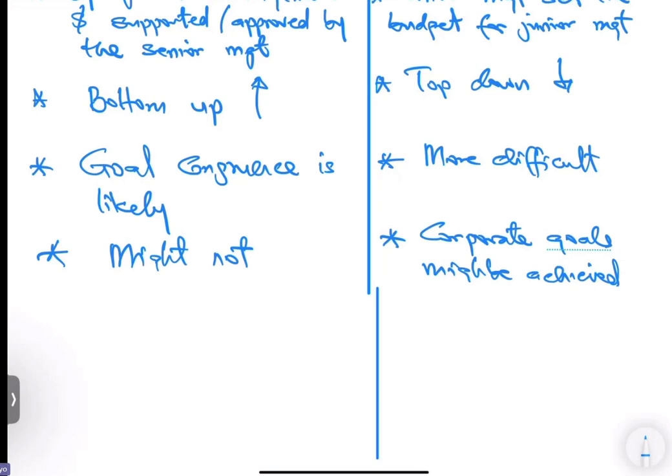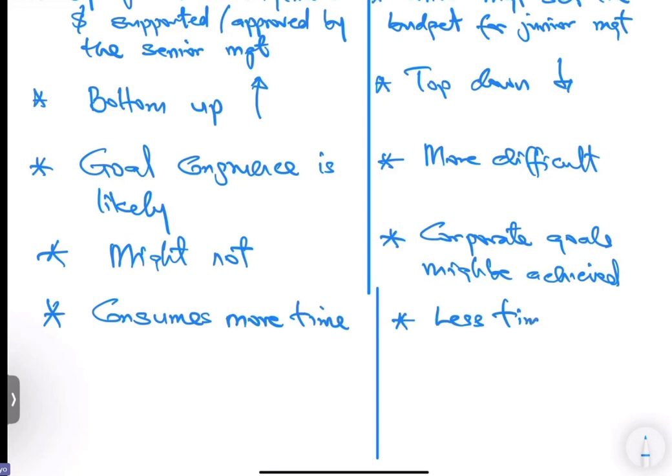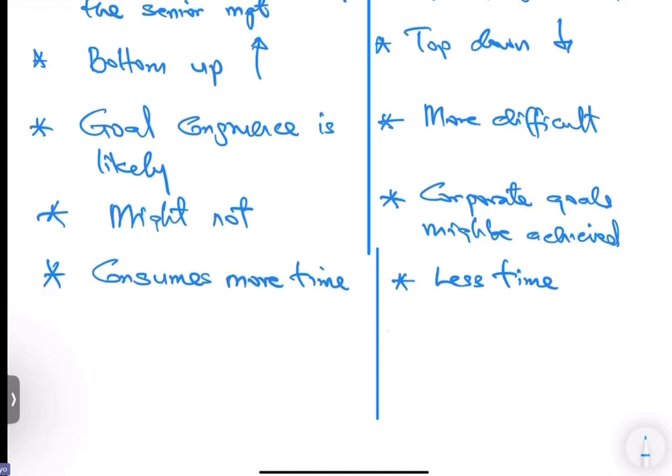And because it's also involving so many people, the junior staff, the senior staff, review, and all of that, this is going to consume more time. Whereas this will be less time, because remember, this one is just coming straight from the top. We've done the budget. You guys take this, go and run with it. And because it's coming from the top management on this side,